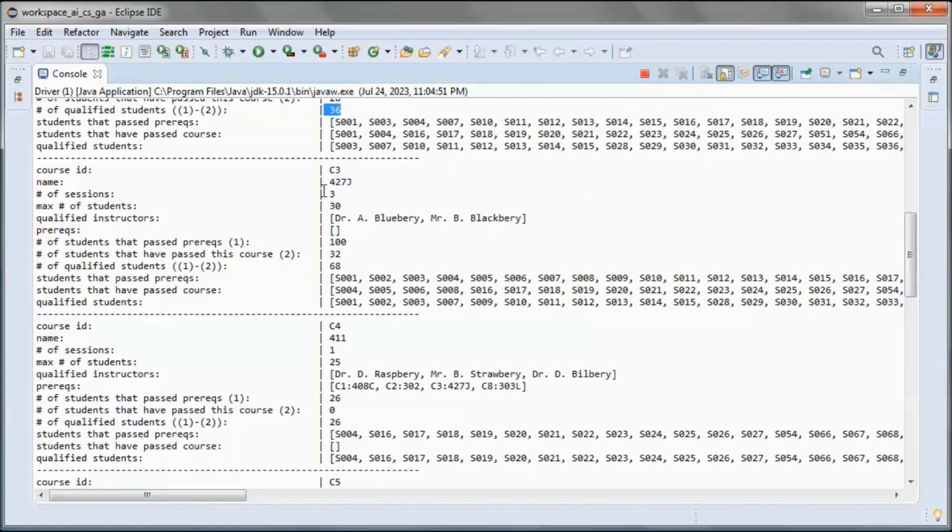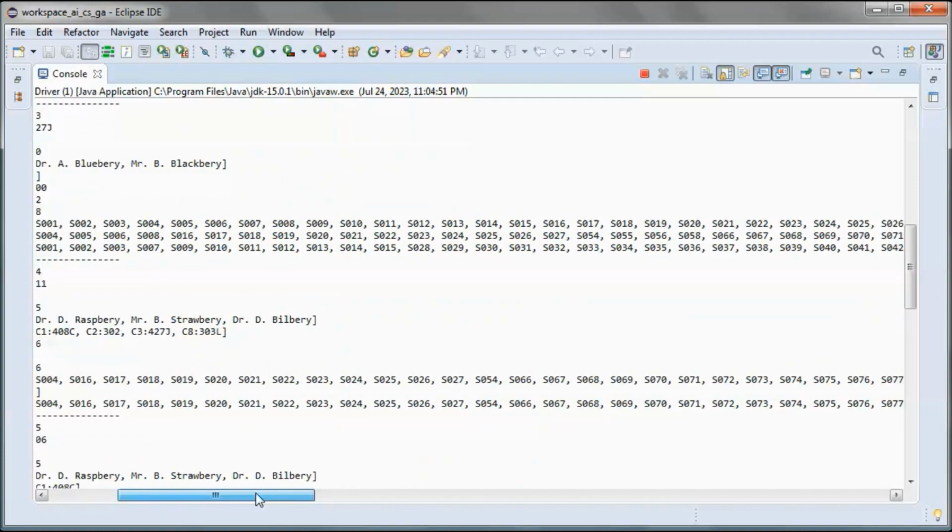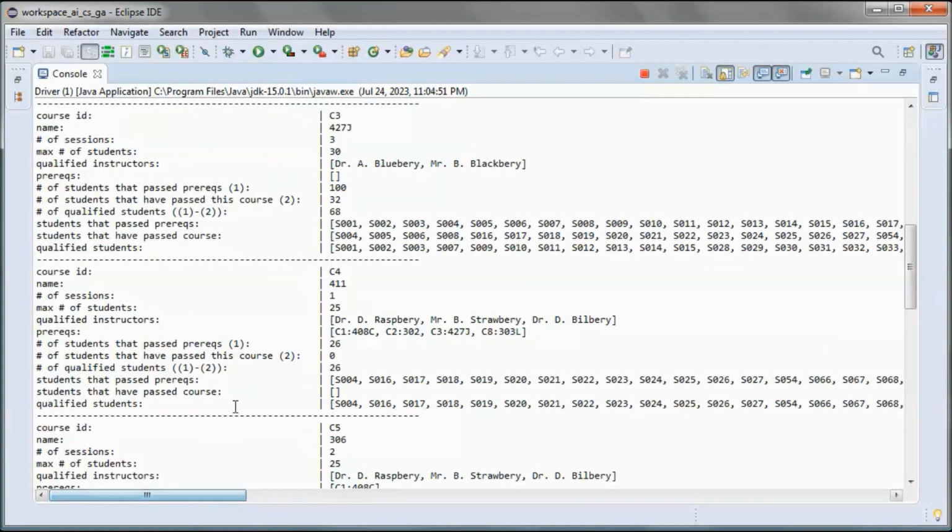So this one will have 3 sessions, this one 1 session, and it has those prerequisite courses. It doesn't have any students that have already passed it. So the qualified students is the same as the number of students that passed the prerequisite, 26.